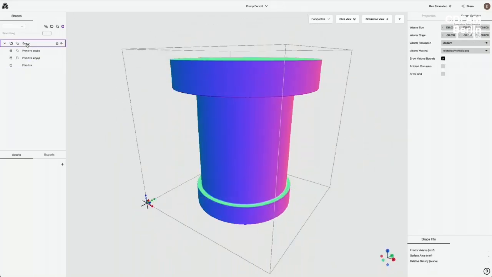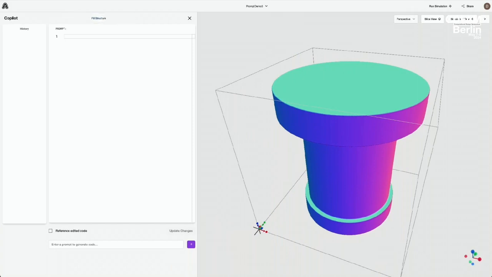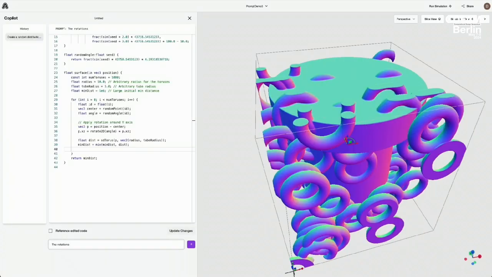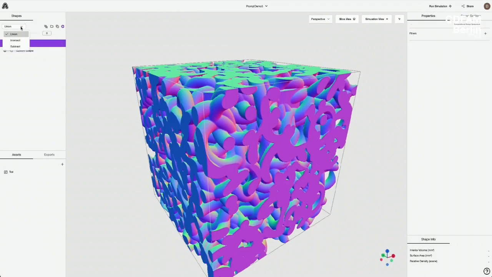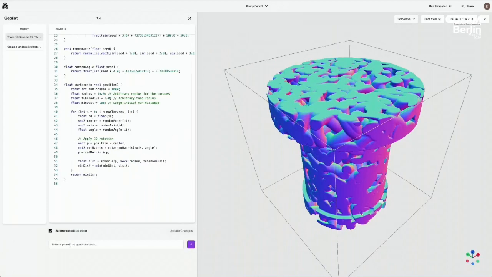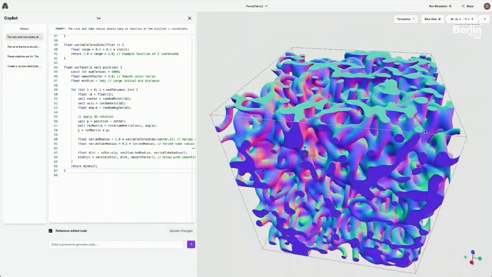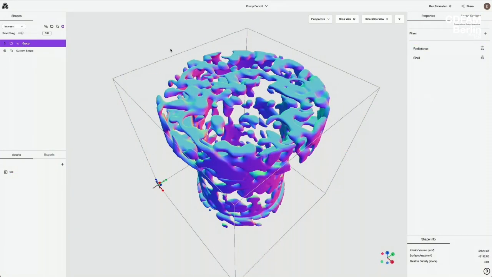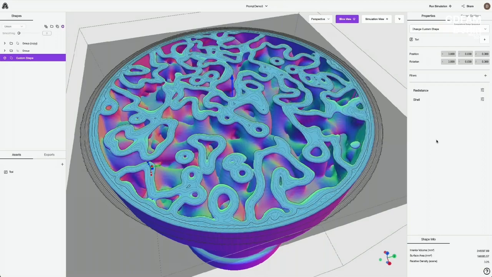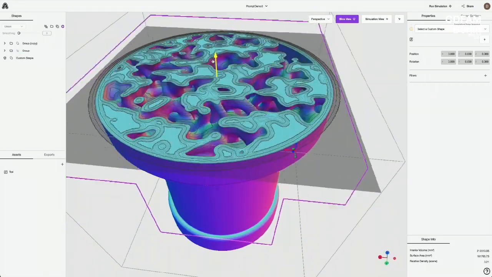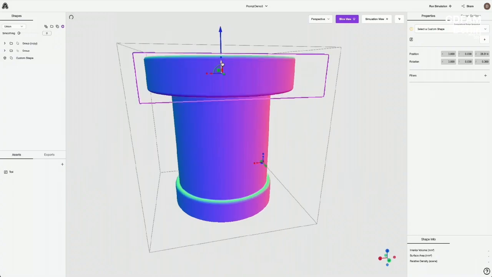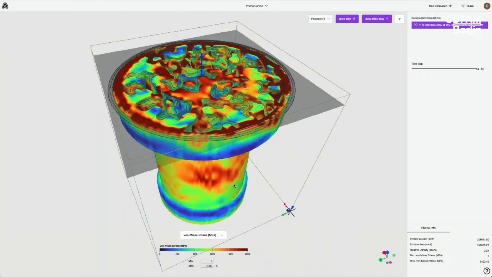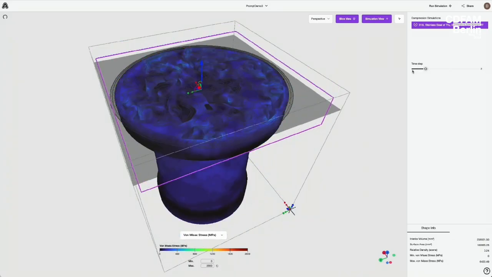You can see that we begin in the application, and then we open up this little co-pilot, and we ask it to populate the box with a whole bunch of donuts. Then you need some prompting to rotate those things properly. But we're going to use those to create a new metamaterial. By booleaning them together and then coming back into the web interface, we can do some shelling, apply a gradient on the size of those tori so that we get a gradient on the infill here. And then finally, we end with a simulation.